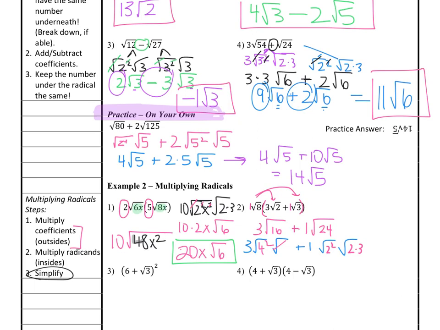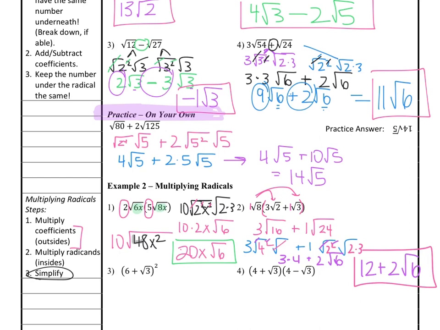So we've got 3 times 4, because the root and the square cancel, plus 2 radical 6. So now this is going to be 12 plus 2 radical 6. There is no radical on that 12, and therefore I cannot combine any further. Leave it. The next one, example 3, is still multiplying, but this time it says I have 6 plus radical